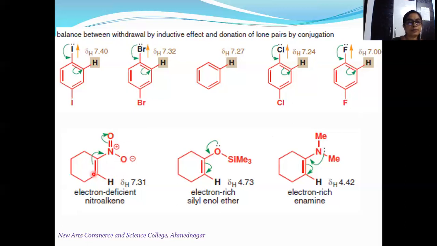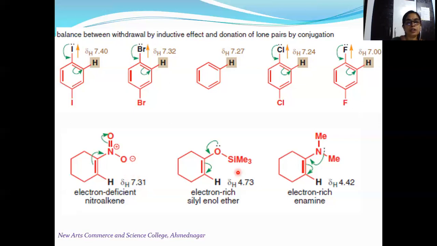The carbon-carbon double bond is having different substituents. Nitro group is there. Nitro group is having electron withdrawing resonance effect. Due to this electron withdrawing resonance effect, this beta carbon atom will get the positive charge, and therefore the proton present on this carbon atom is de-shielded. Its delta value is